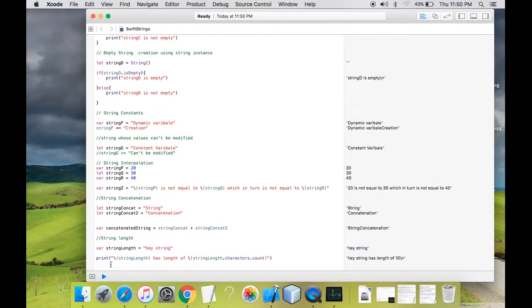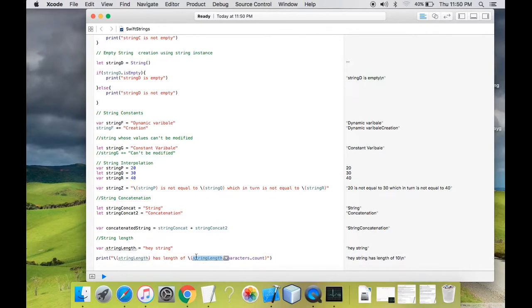As you can see, I have passed the value of my variable over here. I am saying that my string length has a length of characters. So this is the property to get the count of a particular string. You have to pass the variable name and then dot characters dot count.